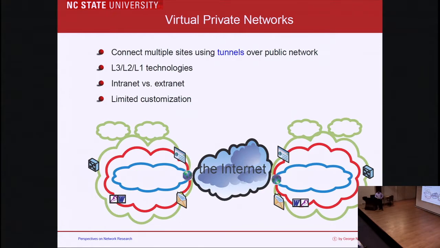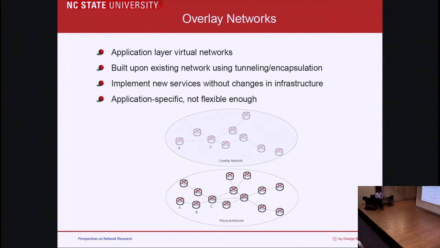You can take that one step further. So what if you have an organization that has multiple sites connected over the internet? Then you can connect these sites with tunnels over the internet itself, creating a VPN, okay, a virtual private network. And so you can have multiple layer 3, layer 2, layer 1 technologies that can achieve that. So it's basically you take that virtual service network, you extend it over the internet. And then finally,